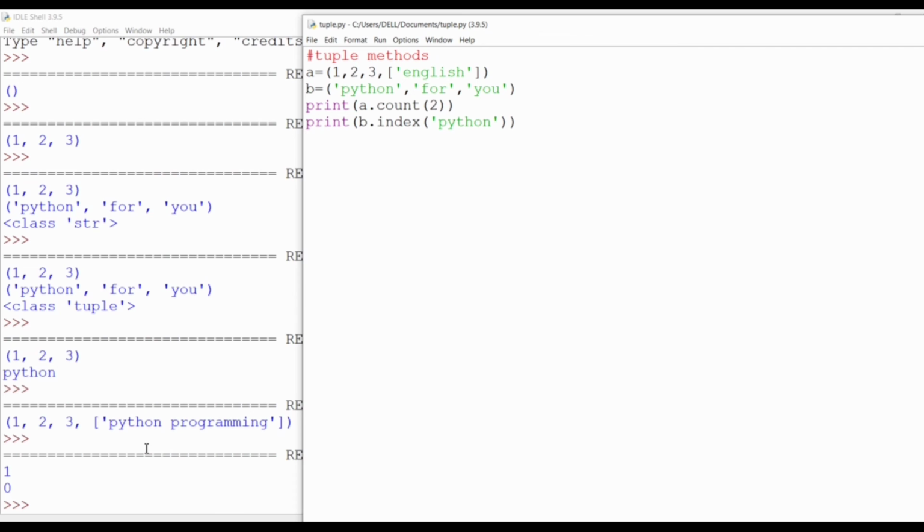In the next class I will explain dictionaries, and you will get a practical by this evening. Dictionaries are used to hold key value pairs, and dictionaries are mutable.